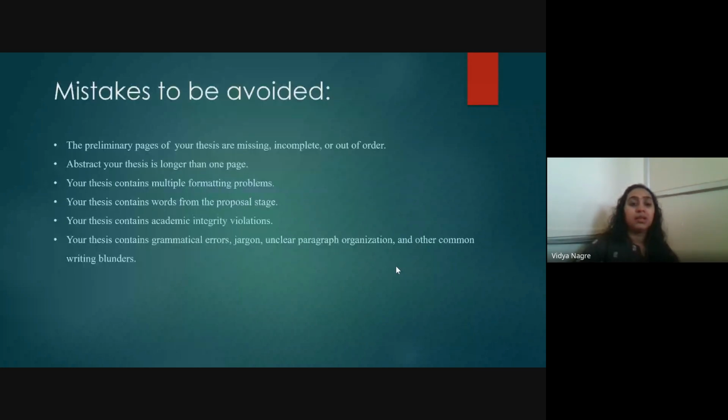Then these are certain mistakes that every person should avoid, every research person. Do not avoid writing preliminary pages like declaration, certification, and so on. The abstract of your thesis should